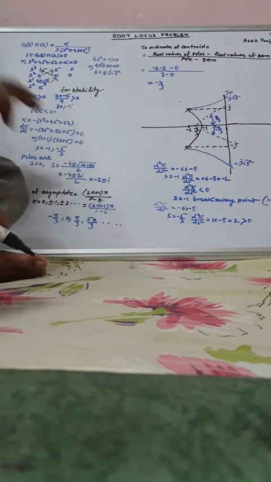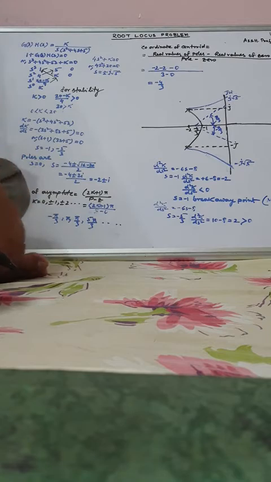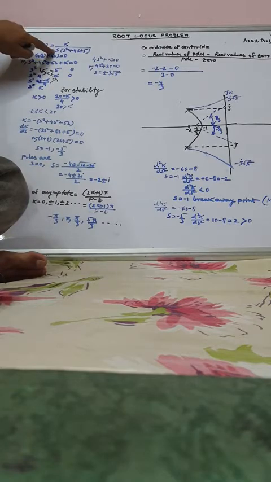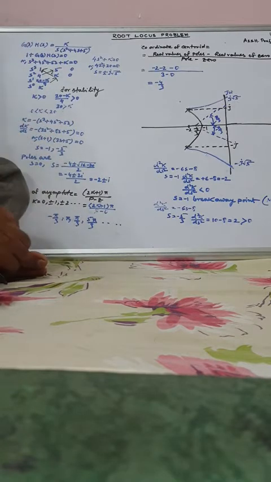Out of these two points, you will have to find out which one is the breakaway point. Okay, so poles are s equal to 0, and s equal to minus 4 plus minus root over of 16 minus 20, by 2. So minus 2 plus minus j. We have 3 poles: 0, minus 2 plus j, and minus 2 minus j. So these are the 3 poles.